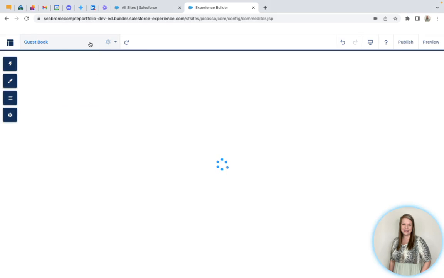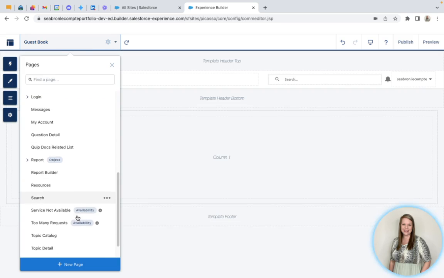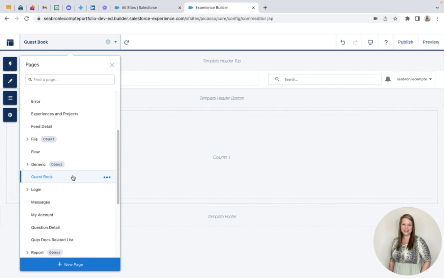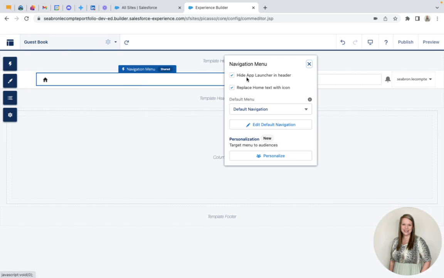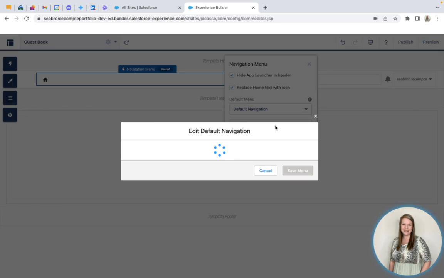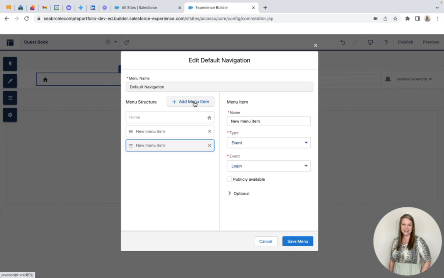All right, so now that we have our pages created, like I said, you can create whatever type of pages you want. You could have a page for just certifications. You could have a page for just projects, whatever you want. But they're going to be in this list now. So we are going to then go back to our little navigation menu, and we're going to edit the default navigation. And then we're going to add those pages that we just created to our menu bar here. So if we go here, we can type in